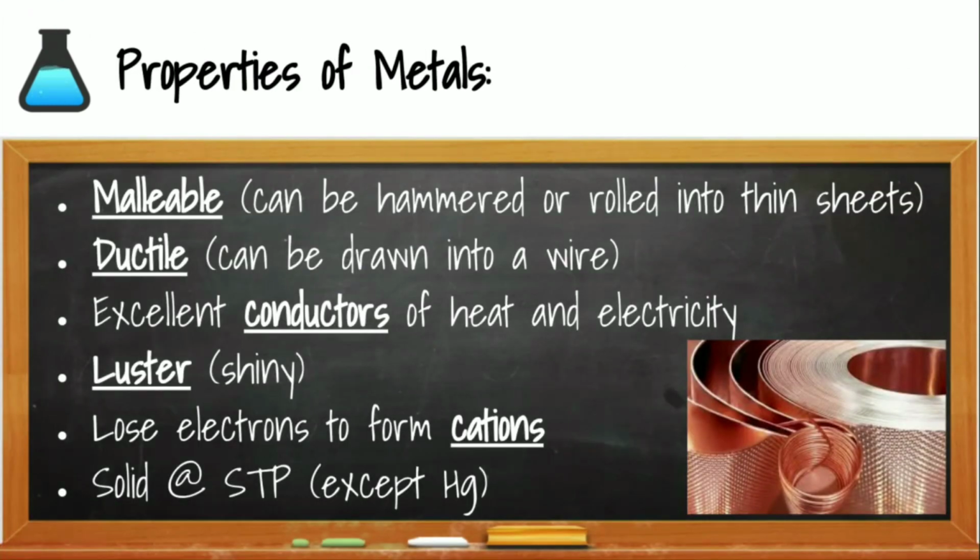So as a review of metals, we know that metals can be malleable and ductile and good conductors of heat and electricity, and they form,